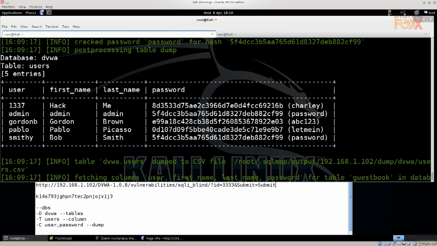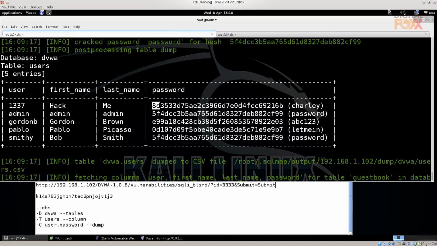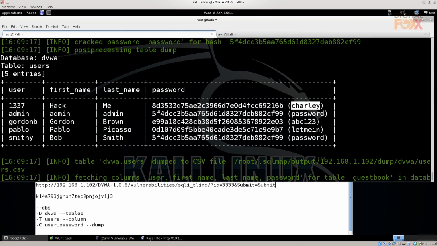Anyway, what I want to say here is, sometimes people have asked me, well, you have the hash, why can't you do that? Why can't you just pass it as a password? Isn't it the same thing? No, not really, because the website on the other end takes this word as a password, runs it through some sort of mathematical algorithm, which converts it into this. It encrypts it in essence. And then it compares the encrypted form of Charlie